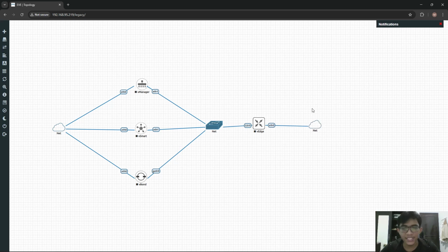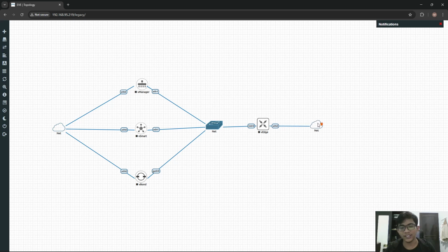All of these devices communicate through the internet, which is represented by the switch and the cloud. It's just a topology for demonstration.